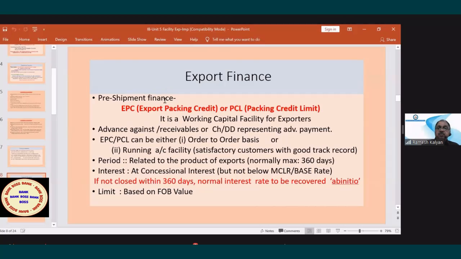Then export finance is bifurcated into mainly two things: before shipment, that is pre-shipment, and after shipment, that is post-shipment. The most common pre-shipment finance is EPC, export packing credit, or some banks call it packing credit. This is a working capital facility. The assessment is just like our cash credit, purely cash credit against stocks. Only the rate of interest is very attractive because RBI has this, it comes under